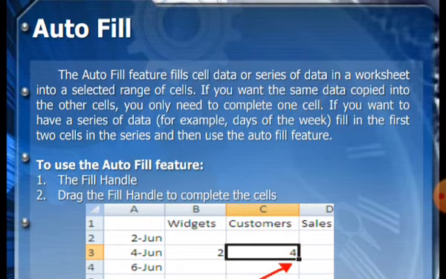To use the autofill feature you have to follow these steps. The first is the fill handle, drag the fill handle to complete the cells. Now move forward.